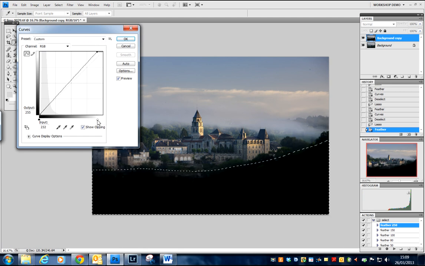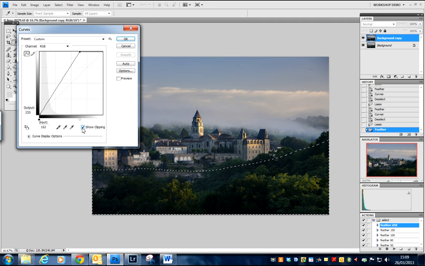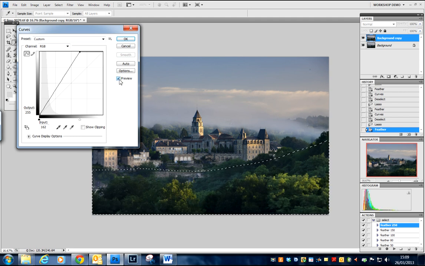So if I bring that in here, how far can we go before I start losing information? Quite a long way before I just start to see a few little warnings appear down here. I'm going to pull it back, just have a look at my preview there. And you can see that's really quite radical. I think it's too much, quite frankly. It's always better to be subtle with these things. So I'm just going to do that much. And it just brightens up that